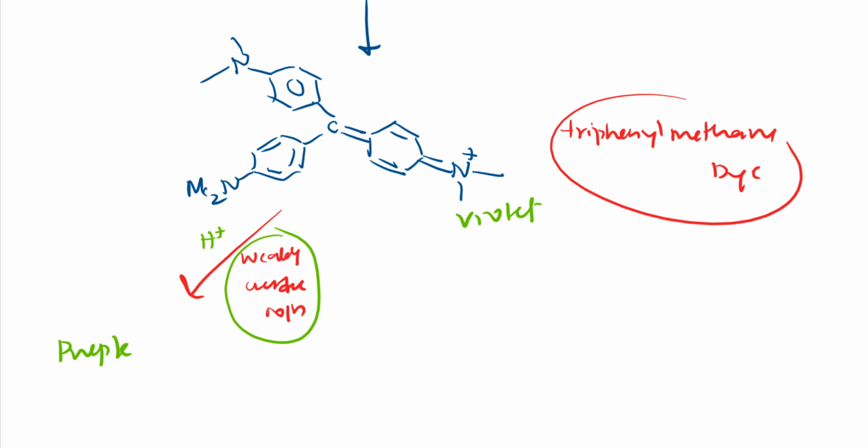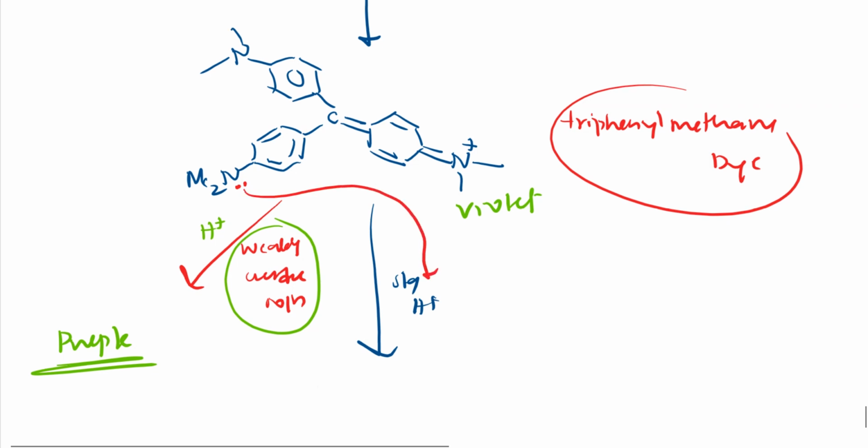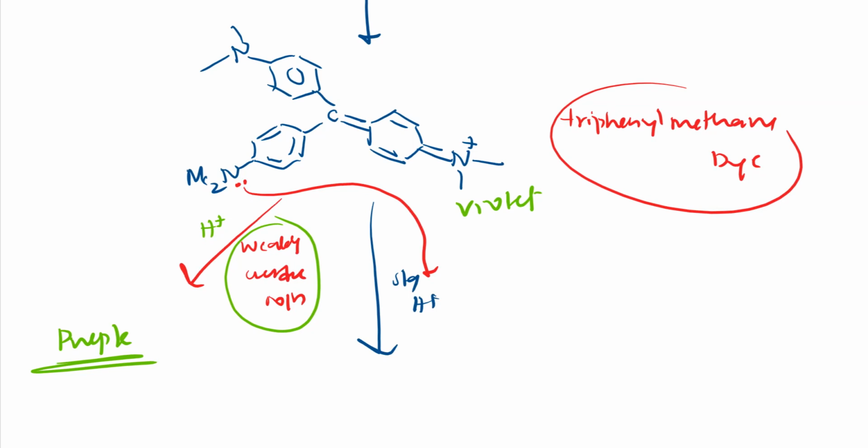So what's the structure is, see here. So this is the structure of this one. So in weakly acidic condition it will be purple in color, right? Further, if I add a little higher acidic condition, a strong acid, so this H plus is there, it will combine with all these things here. Here also a lone pair is there, it will combine here, so it will form a cation with that nitrogen, right? And they observed that its color is green color,